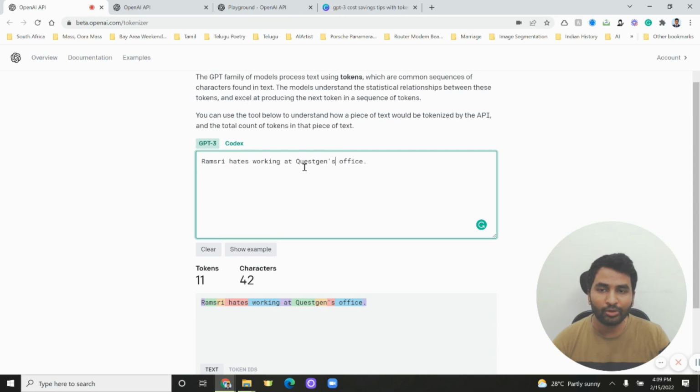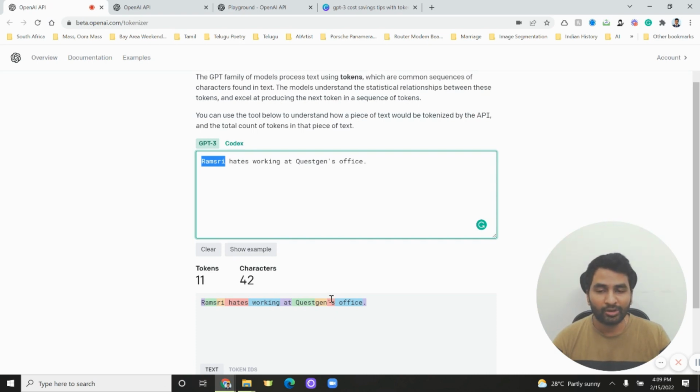If you go and use the tokenizer to calculate the number of tokens, Ramsri hates working at Question's office comes up to 11 tokens, because the word Ramsri is subdivided into 3 tokens because it's not in GPT-3's vocabulary. Again, Question is subdivided into 2 tokens because it's not in